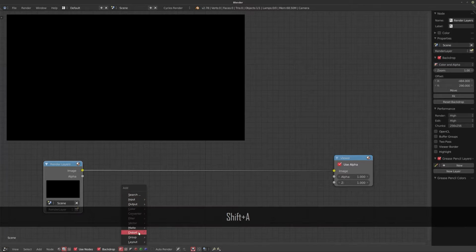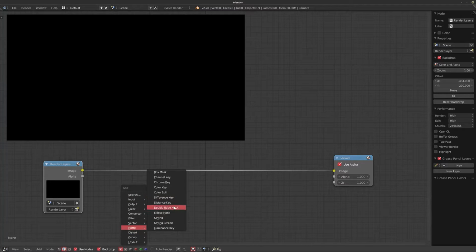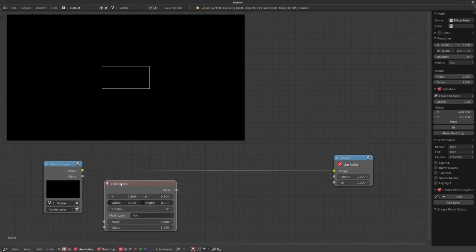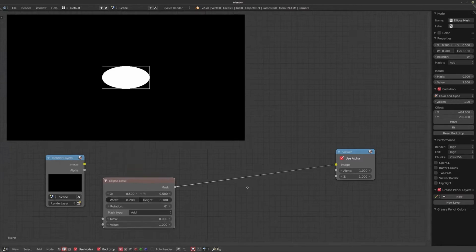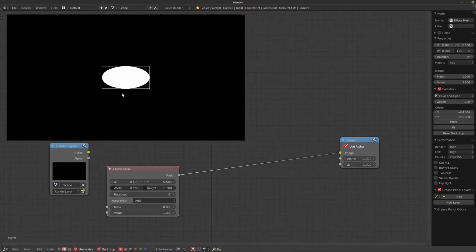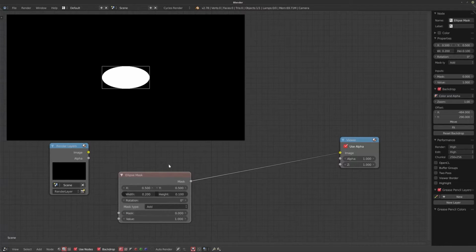So the first thing I tend to start off with when I'm trying to create something like a lens flare is just an ellipse mask. And if I pipe this in, I've got a smaller image here, so I can just focus on this, and it's a little bit quicker than doing it in the final render. You can always refer to how I added in the titles and added a bunch of lens flares and things like that to the titles in the final files. They're a little bit more complex, but it's just the same idea applied a few times over.